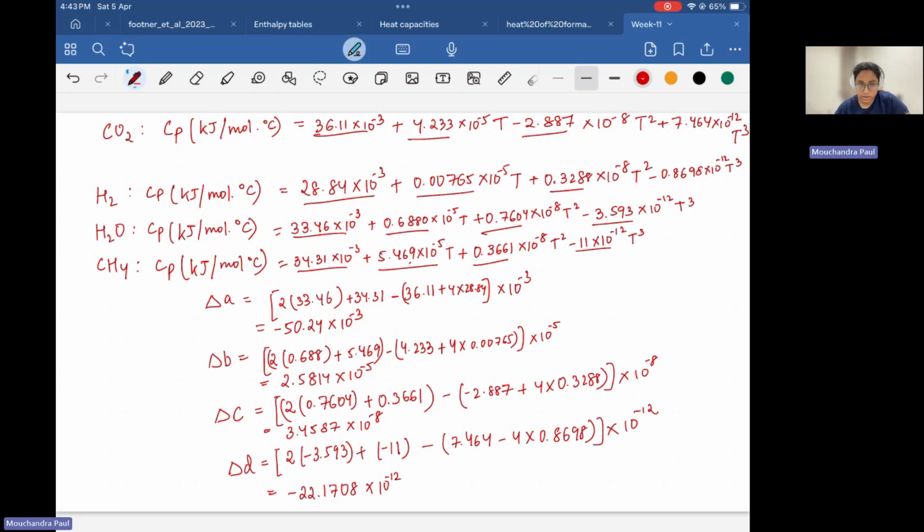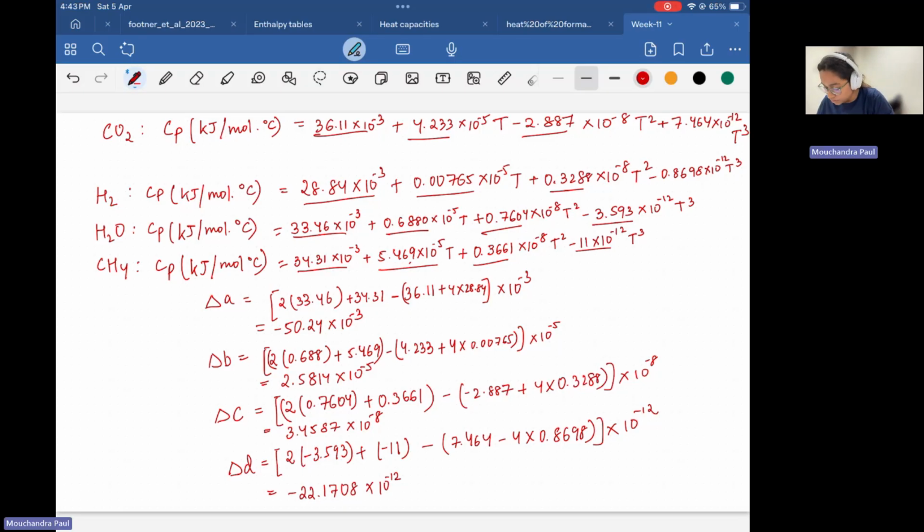So we have calculated the delta A, B, C, and D values. So what we can do next,